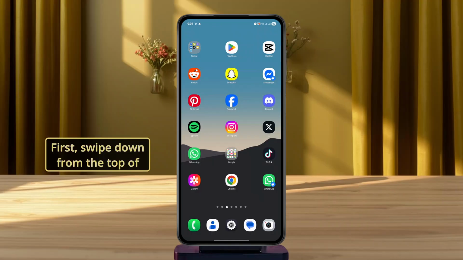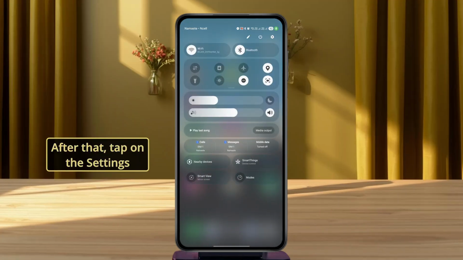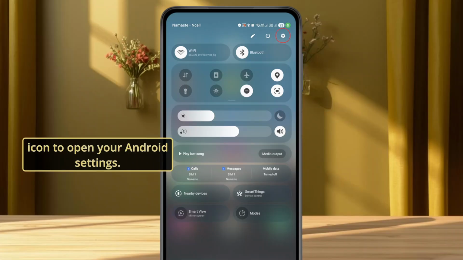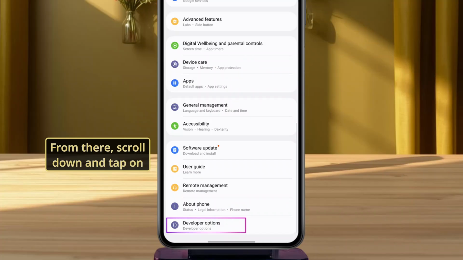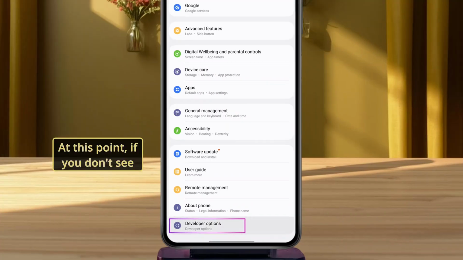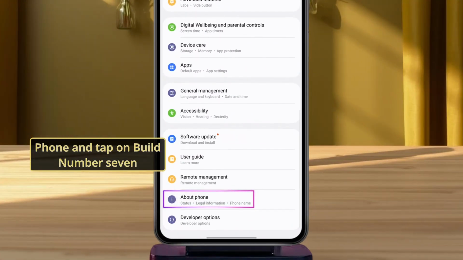First, swipe down from the top of your screen to open the quick panel. After that, tap on the settings icon to open your Android settings. From there, scroll down and tap on developer options. At this point, if you don't see developer options, go to About Phone and tap on Build Number 7 times